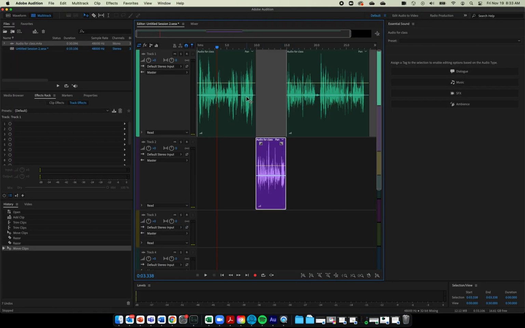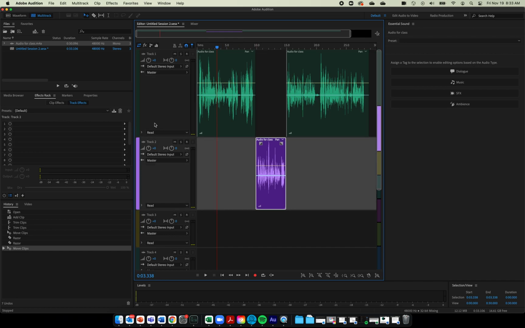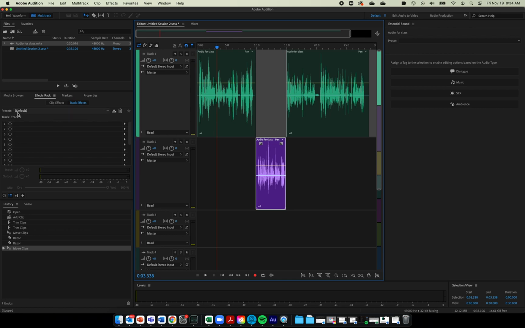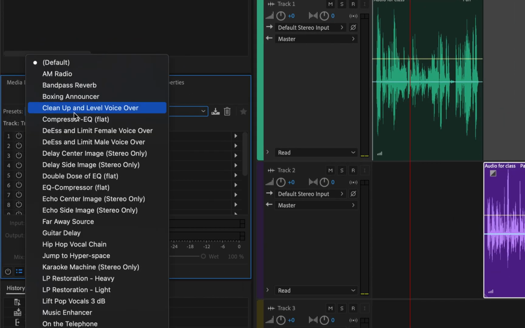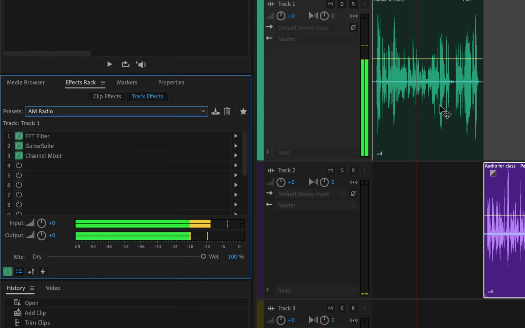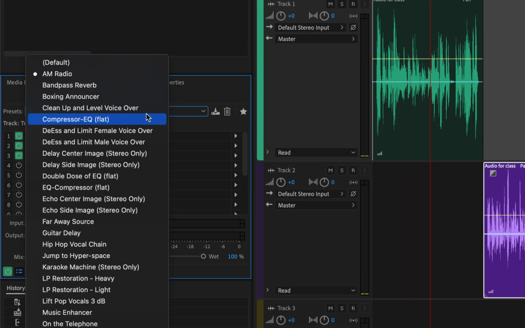A couple of other things that I might want to do here. Let's say I want to enhance the voice on a specific track. So over here, I'm going to select track 1 rather than track 2. And over here in my effects rack, I'm going to zoom in here so you can see. There's a bunch of presets. I can make it sound like I'm on an AM radio, which isn't exactly what I'm going for here, but there is one that's pretty good, and it is